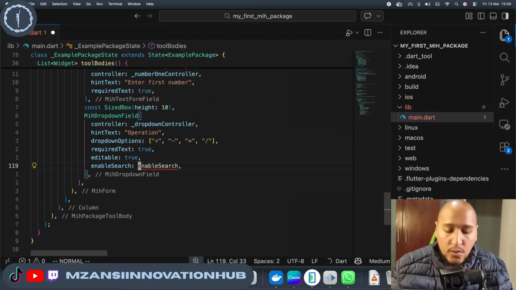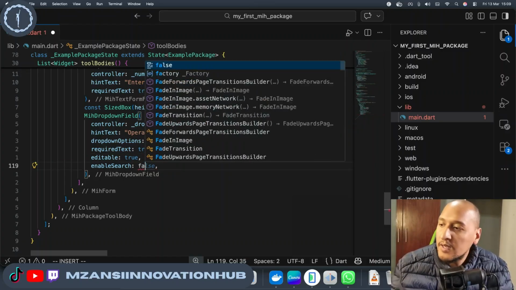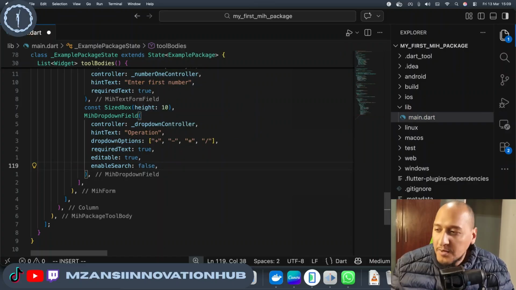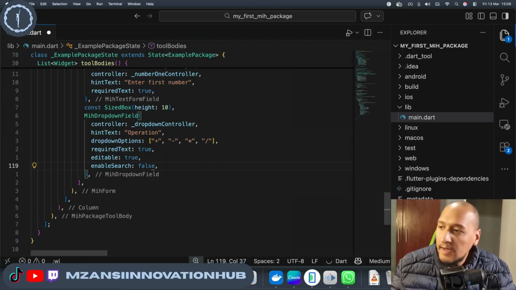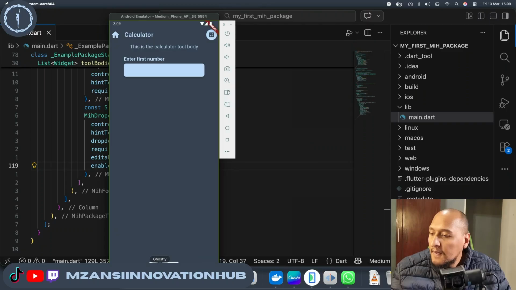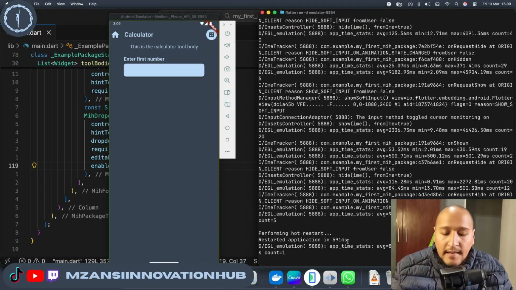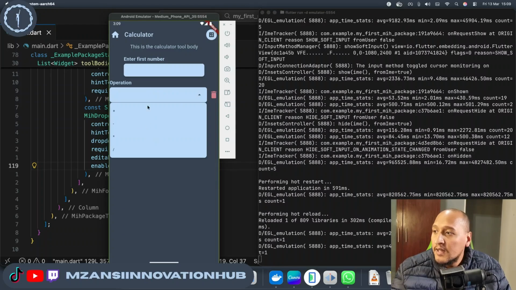And then do I want to enable the search? So I'm going to make this false, because it's only 4 options, so you don't need to search through it. If you have a longer list, you can enable that on your side. Once we save that, let's head back over to our app and reload. And you can see our operations drop-down is available, and if we click on it, there's the options